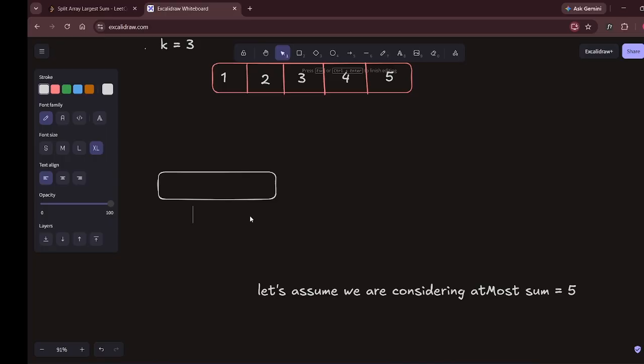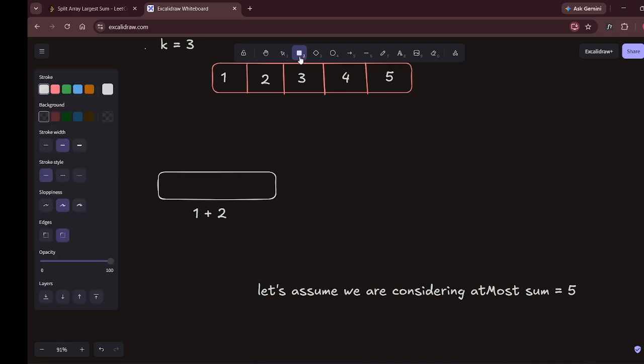Then I'll ask my first subarray, can I put 1 inside you? Yes, we can, because 1 is less than 5. Now, can I put 2 inside this subarray? Yes, we can, because 3 is less than 5. Can I put 3 inside it? Now, whenever we put 3, the sum is going to be 6, which is greater than 5. So it will say no, it's greater than the maximum capacity. So please go and take the next subarray